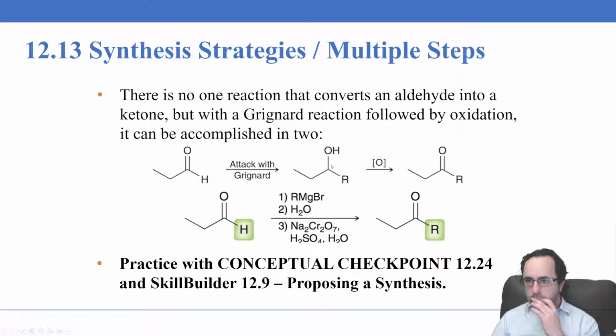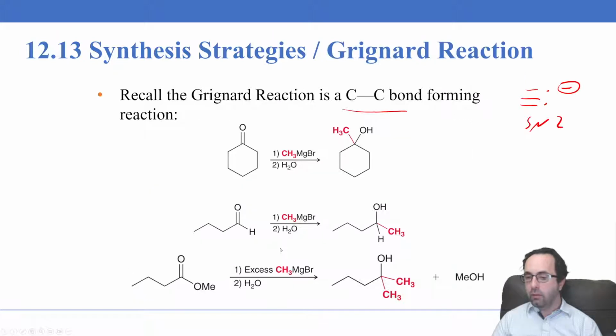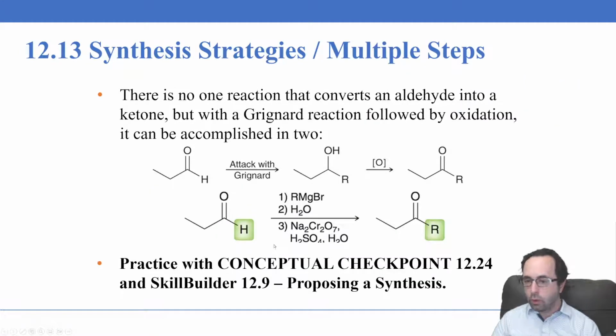So when you look at this diagram too, going back, you can see there's lots of different possible pathways, right? If I want to go to an alcohol, I could go in lots of different ways. I can go to the alkene and go to the alcohol. I could go through the alkyne, and so forth. There's lots of different pathways. So there's never any one answer. You do want to use the fewest steps if you can, but